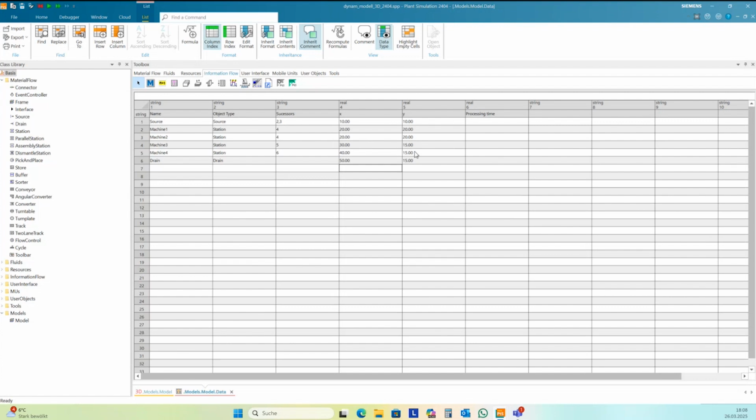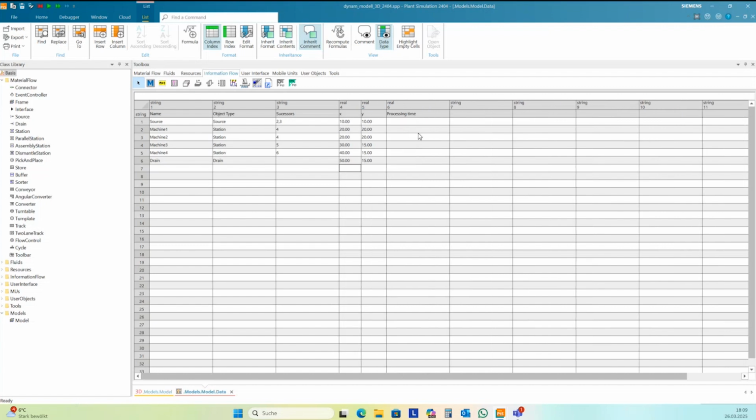This step you don't need if you don't want to have a visual representation of the model. If you have only the model in the background, for instance, on a web service, so you don't need to show anybody the model, and so you don't need the position. Processing times 120,